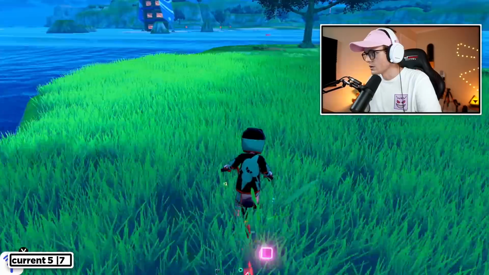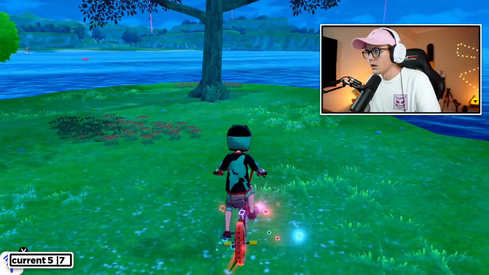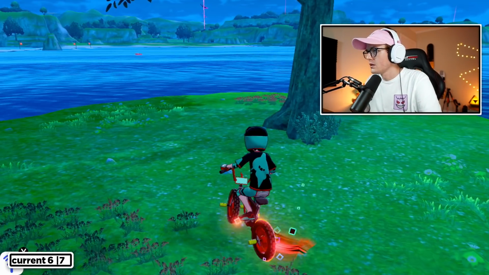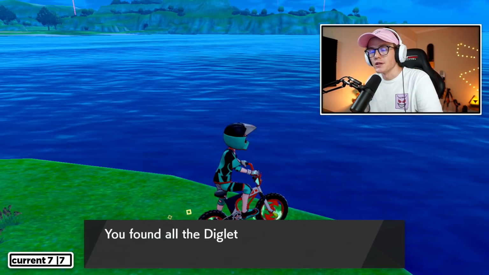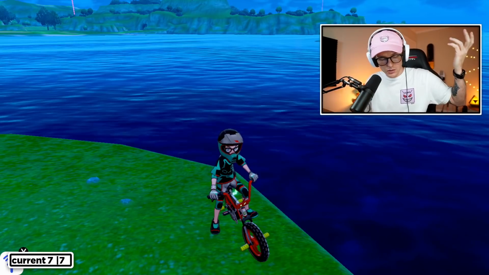There's actually one. Hopefully I don't run into anything. Don't let me run into anything. Okay, cool. There's actually one right here. Okay. And next one is actually right here on the edge. And that one's super easy too. So that's Stepping Stone Sea. And then the next is going to be